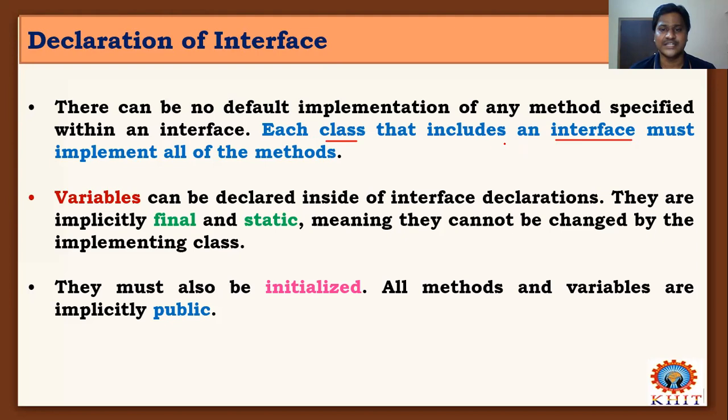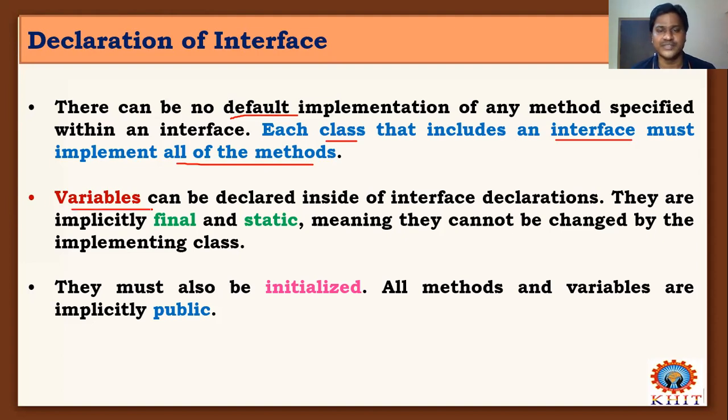Each class that includes an interface, meaning any class implementing that interface, must implement all of the methods defined in the interface. All of the methods defined in the interface. But here the point is, there can be no default implementation of any method specified within an interface. The methods are defined in an interface without implementation, without body. Clear? Okay. Next one,